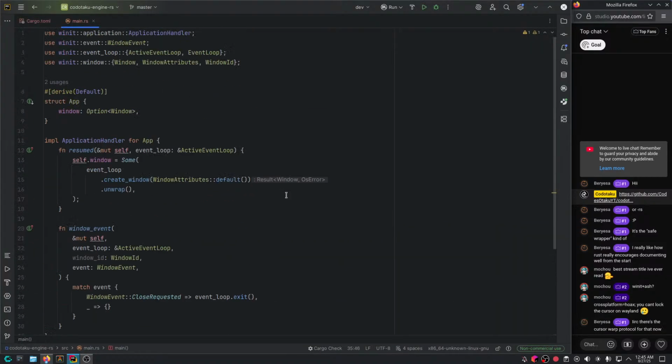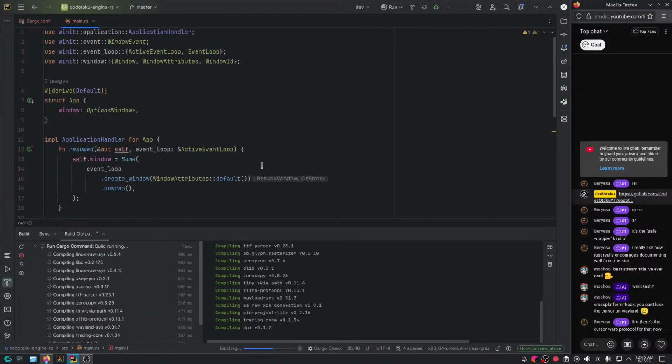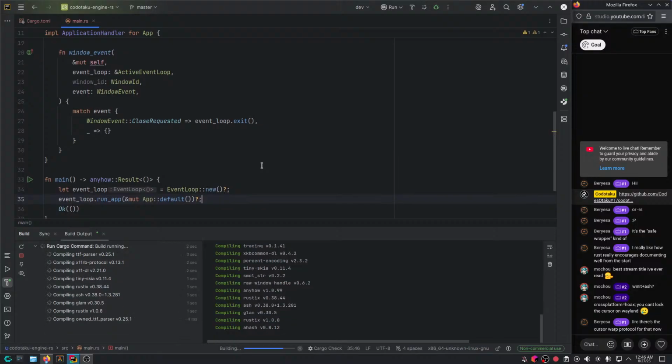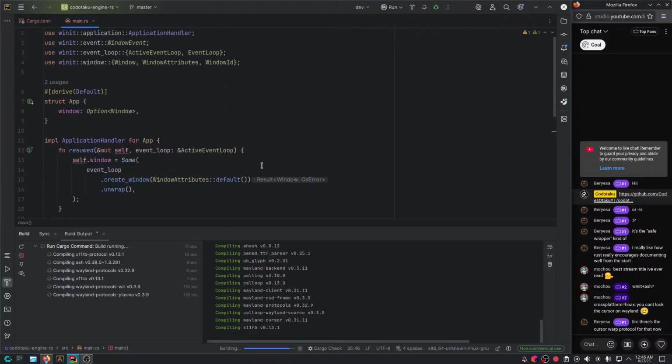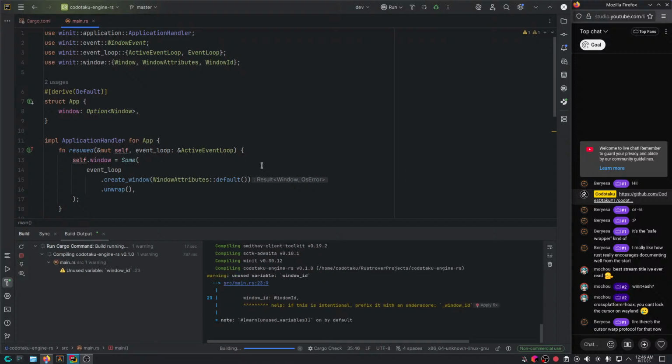Otherwise, let's just see what we could do here. Can we actually run this now? Let's try. Though I'm not sure, since in Wayland it requires you to render at least one frame for the window to show up. I'm not sure how it handled it. But at least in SDL, that was the case.